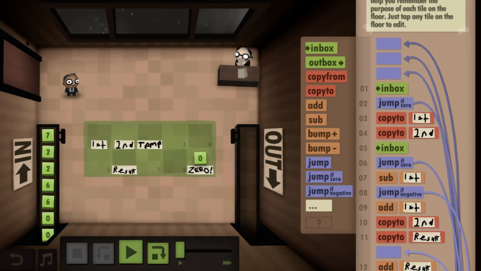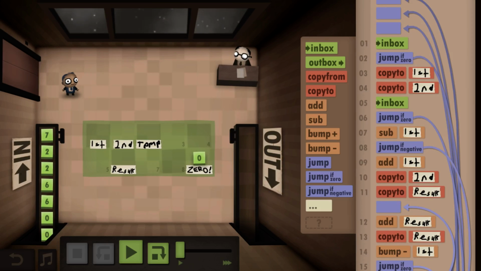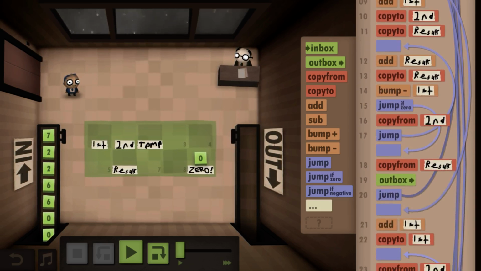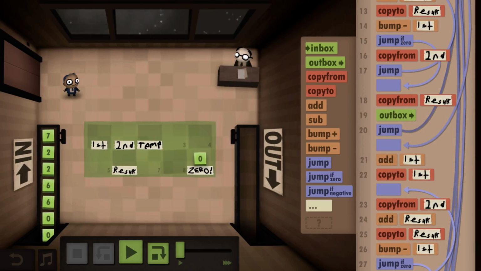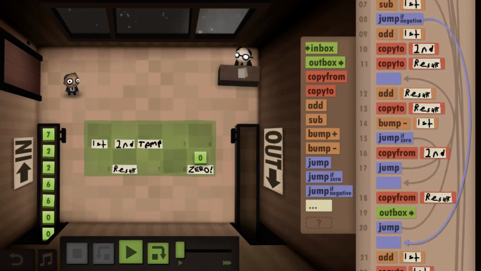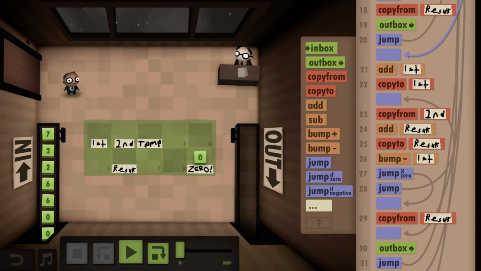And we also need to go ahead and get rid of this jump if negative stuff.